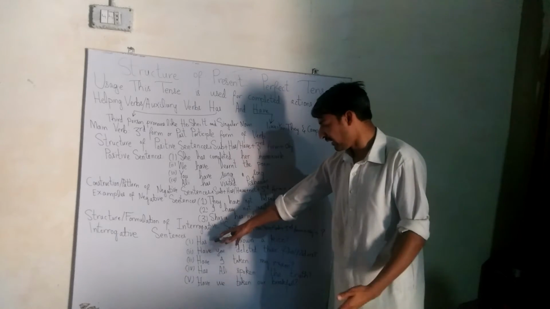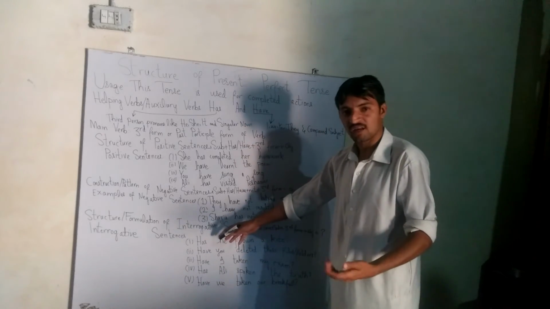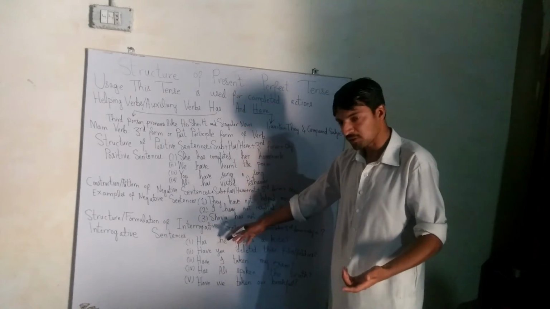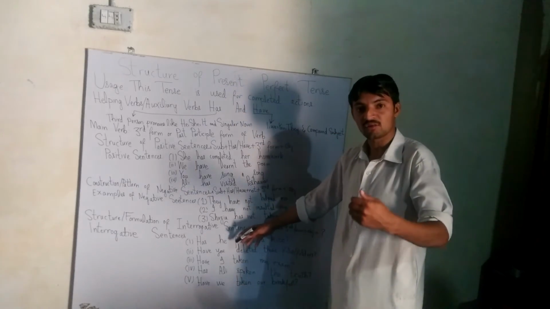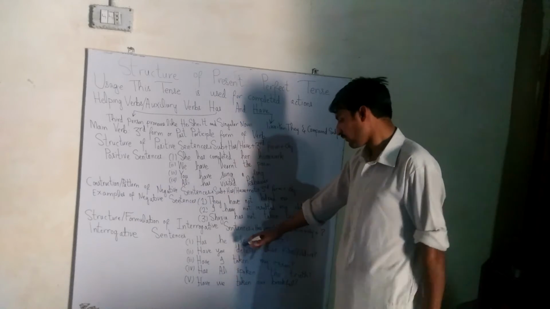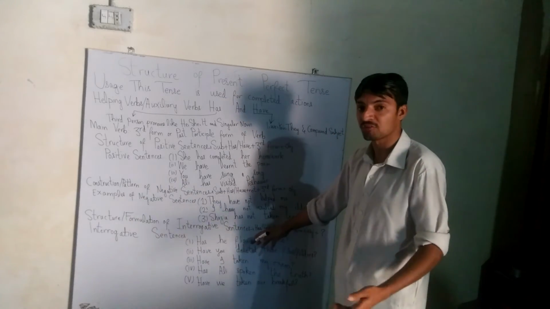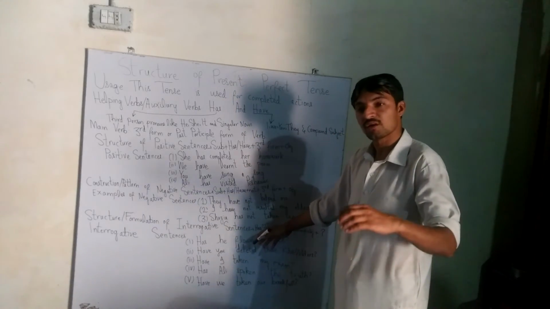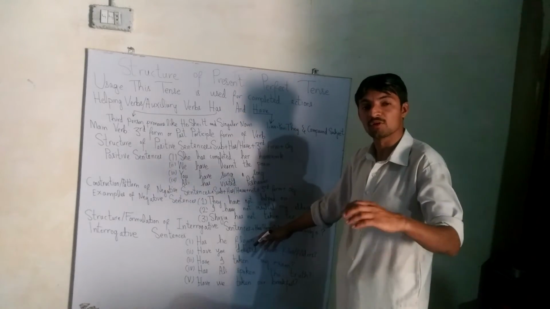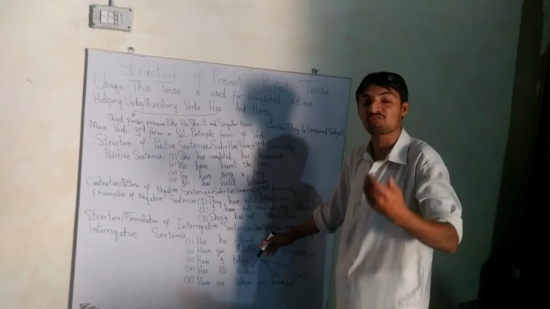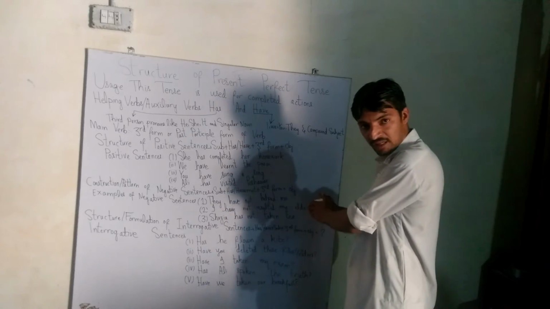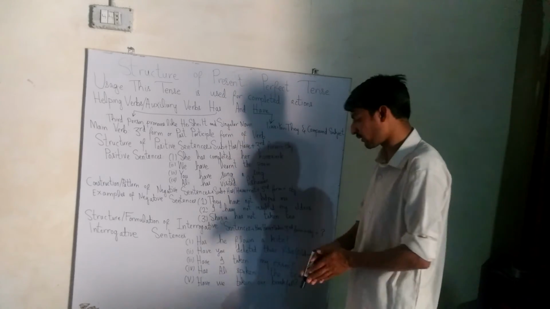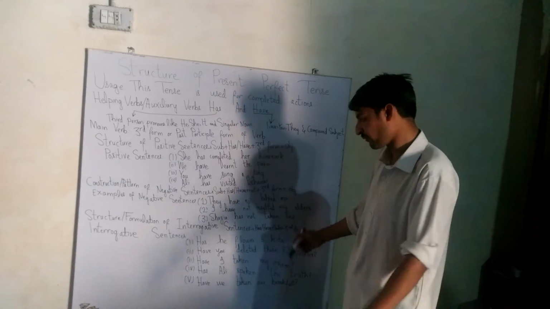We have has. Okay, we use has at the beginning of a sentence because we are talking about a third person pronoun. We have here he. He is actually a third person pronoun. That's why. Then we have the subject. Then we have the third form, which is flown. It is the third form of the verb fly. The second form is flew. The third form is flown. And then we have the object. And then at the last we have put a question mark because it's an interrogative sentence.